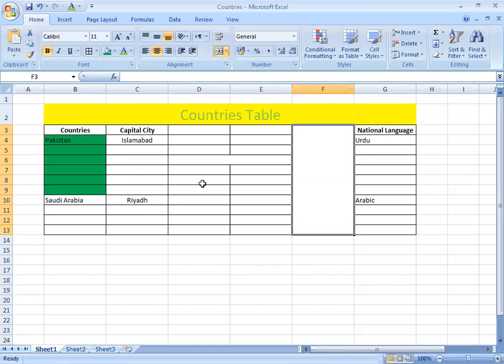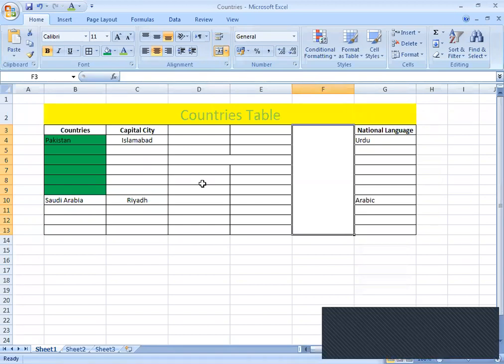Now, another thing to learn is the wrapping command. Sometimes, boys, it happens that the text you type in a cell cannot be accommodated in the cell.